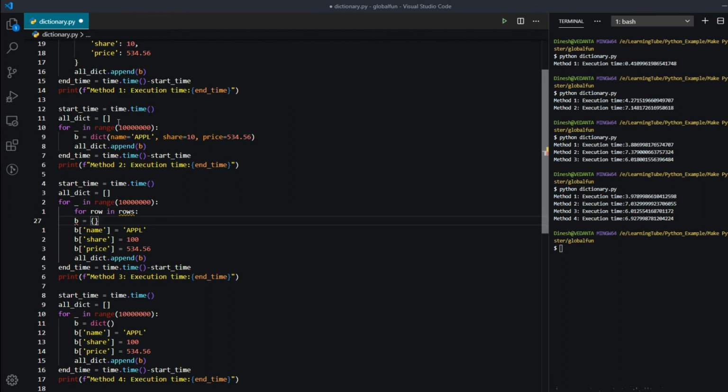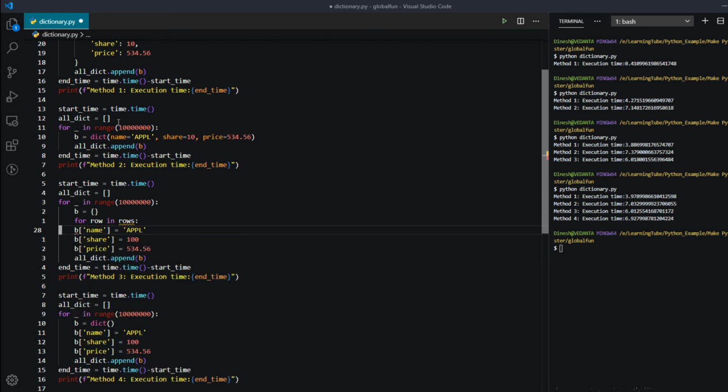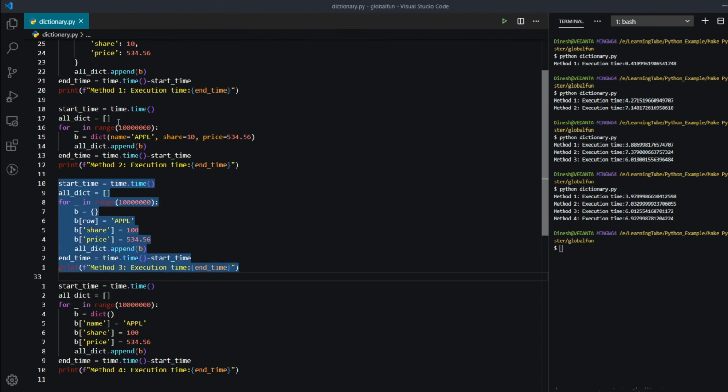Then I can do it like this, with some values here. So this way we can do it. We can use method 3 instead of method 1 if we don't know the keys.